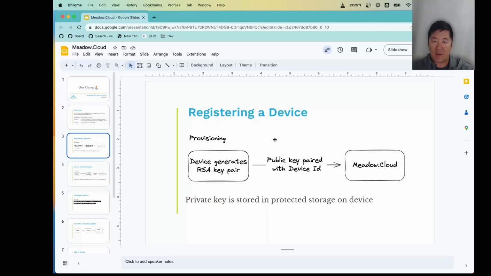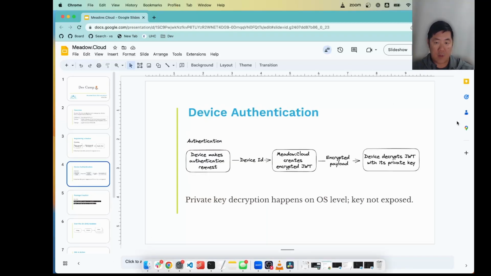All right, next we have registering a device. I'll be showing you how to do this in the demo, but what actually happens? First, the device creates an RSA key pair and registers itself in the cloud with its public key and device ID. That private key on the device is stored in protected storage on the ESP32 coprocessor. With that key pair, the device makes an authentication request to the cloud with its device ID, and then the cloud will generate a token and encrypt it with the device's public key and send it back